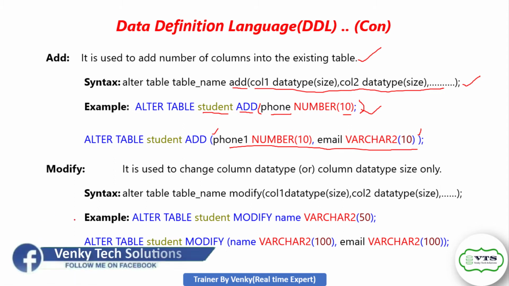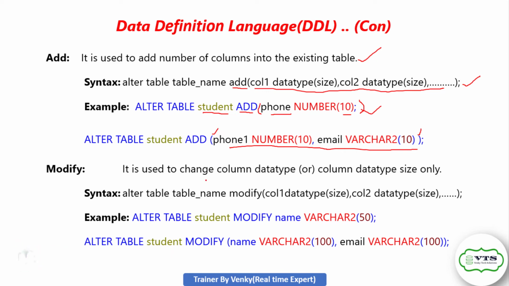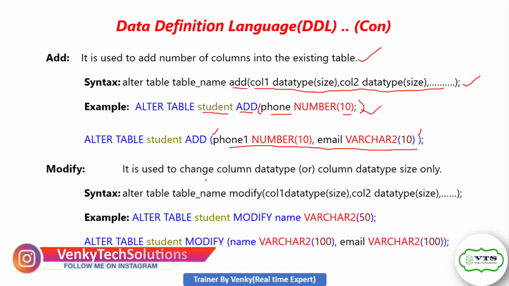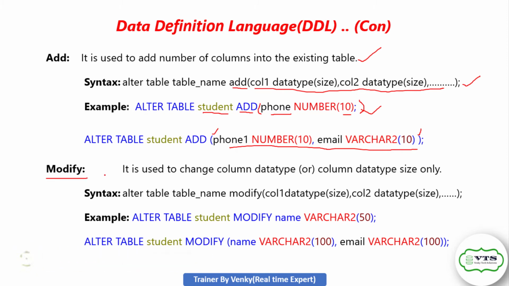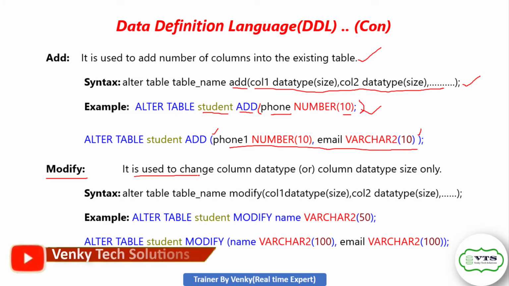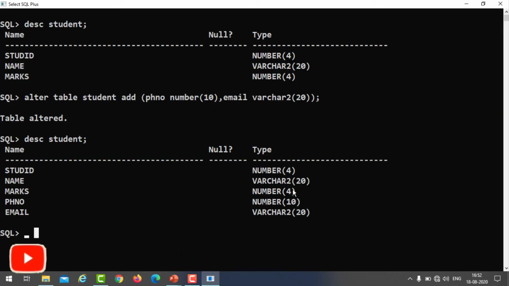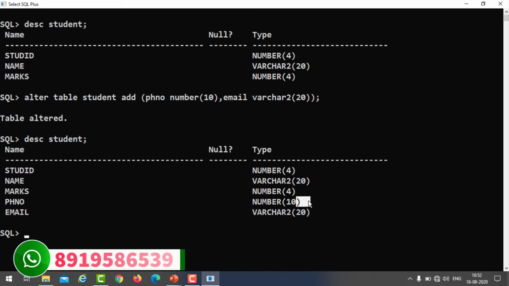So for example, you don't want to add, you want to change the existing column data type as well. Same, the modify command, you have to use by that time. See, it is used to change column data type. Column data type, that means for example here phone number we declared number data type.